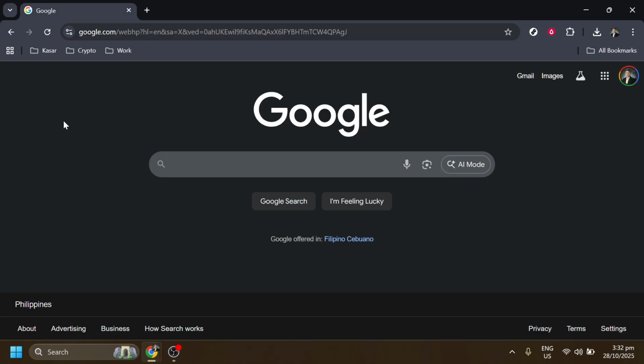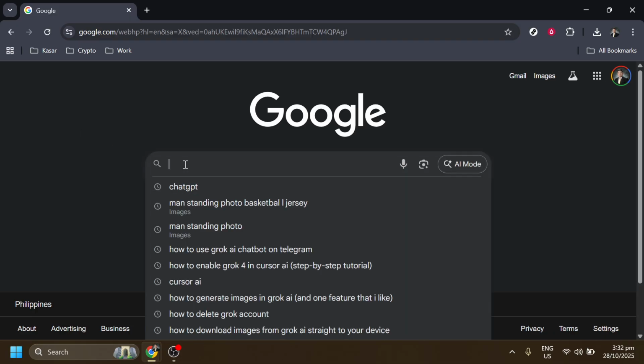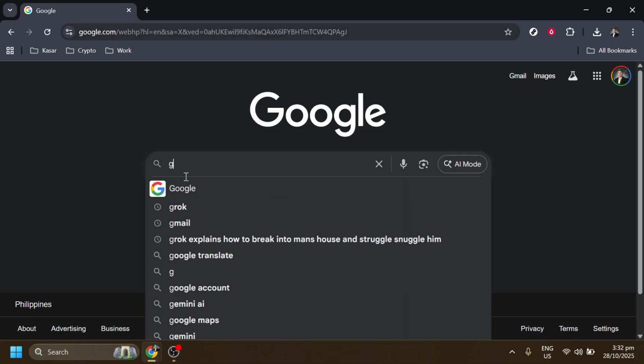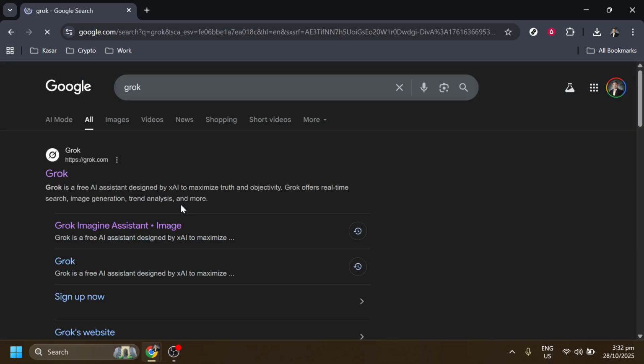First things first, open your preferred web browser and head over to Google. Once you're on the Google homepage, move your cursor to the search bar and type in Grok. This will help us locate the official Grok website, which is our primary tool for this task. It's always a good idea to make sure you're on the official site to gain access to the best features